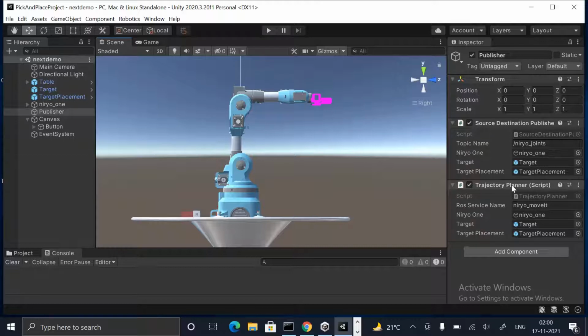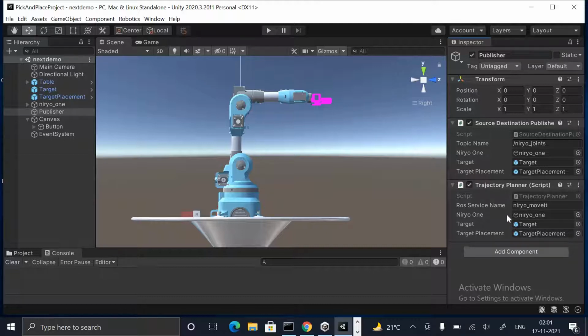trajectory planner script over here that is used to control the arms of the robot and place that object at a target place. So we have the target option that we need to just have. You can just drag and drop it over here. Okay. Similarly for the target placement too.